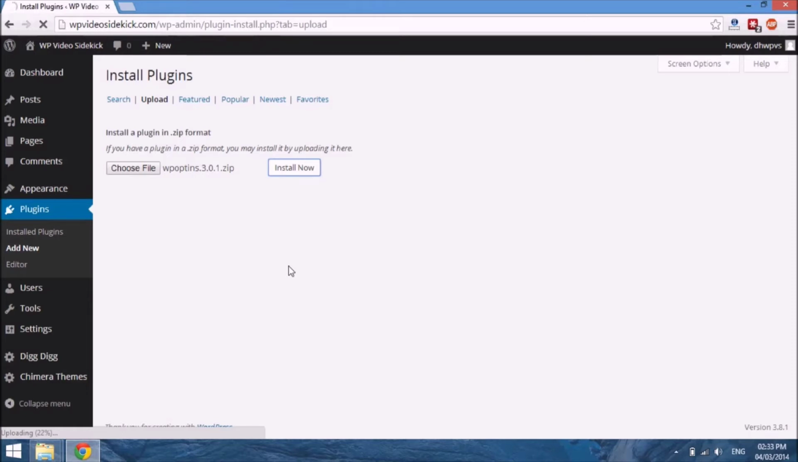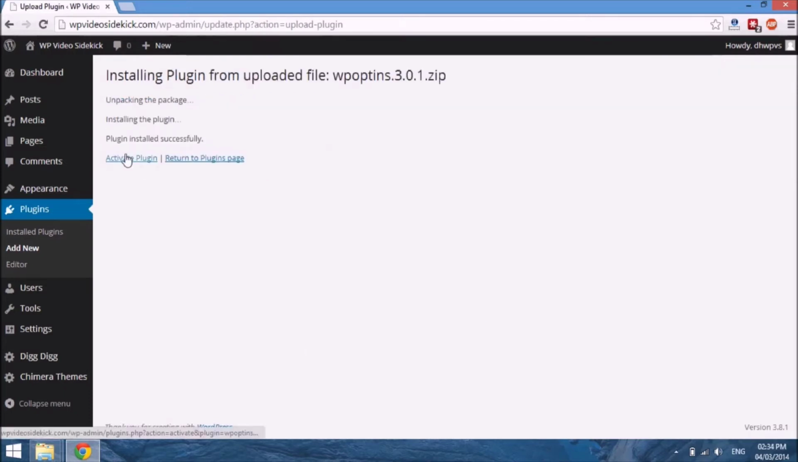And then again, like I said, whenever the plugin is installed, you will have the option to activate, and then from there you can configure the additional settings if there are any. Right, so once the uploading of the plugin is done, you can just activate your plugin,